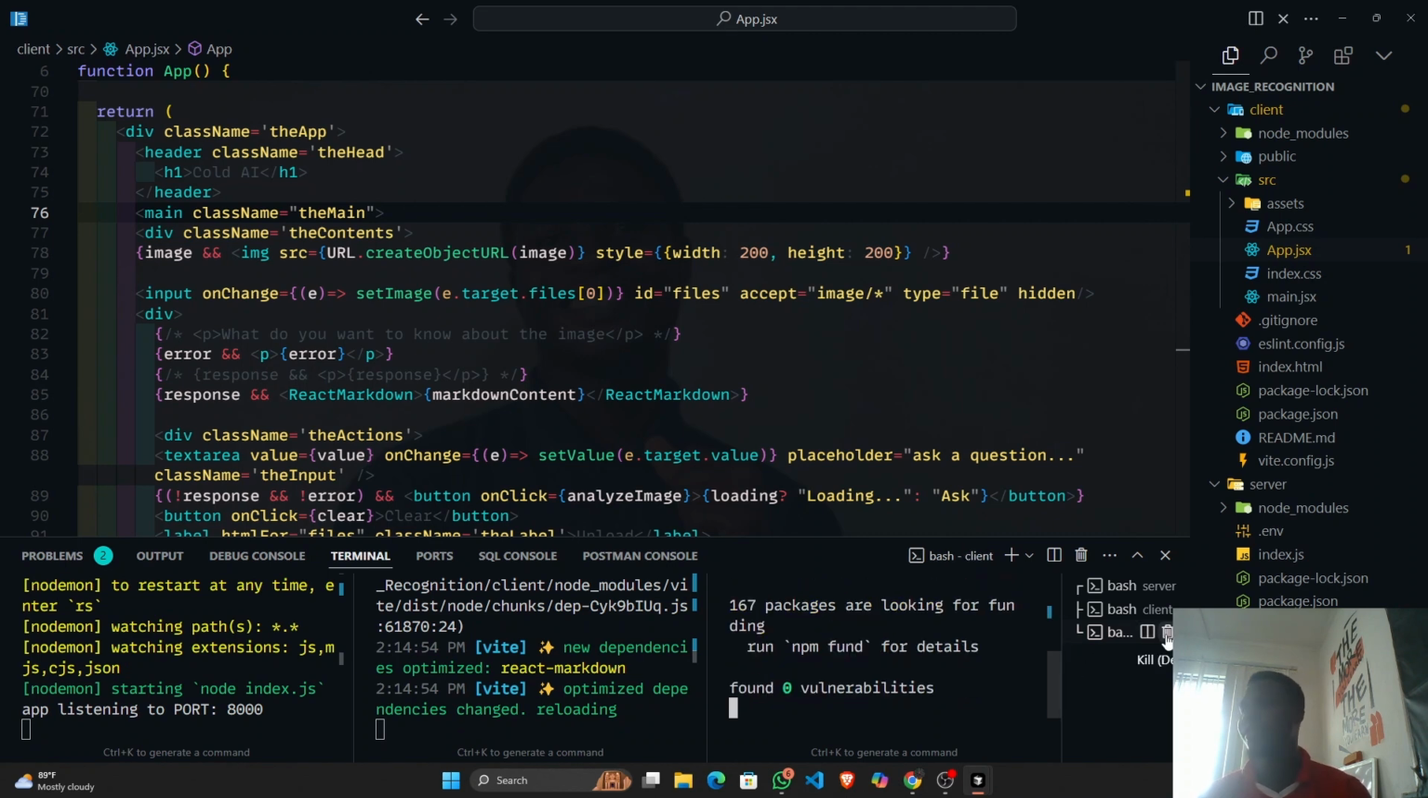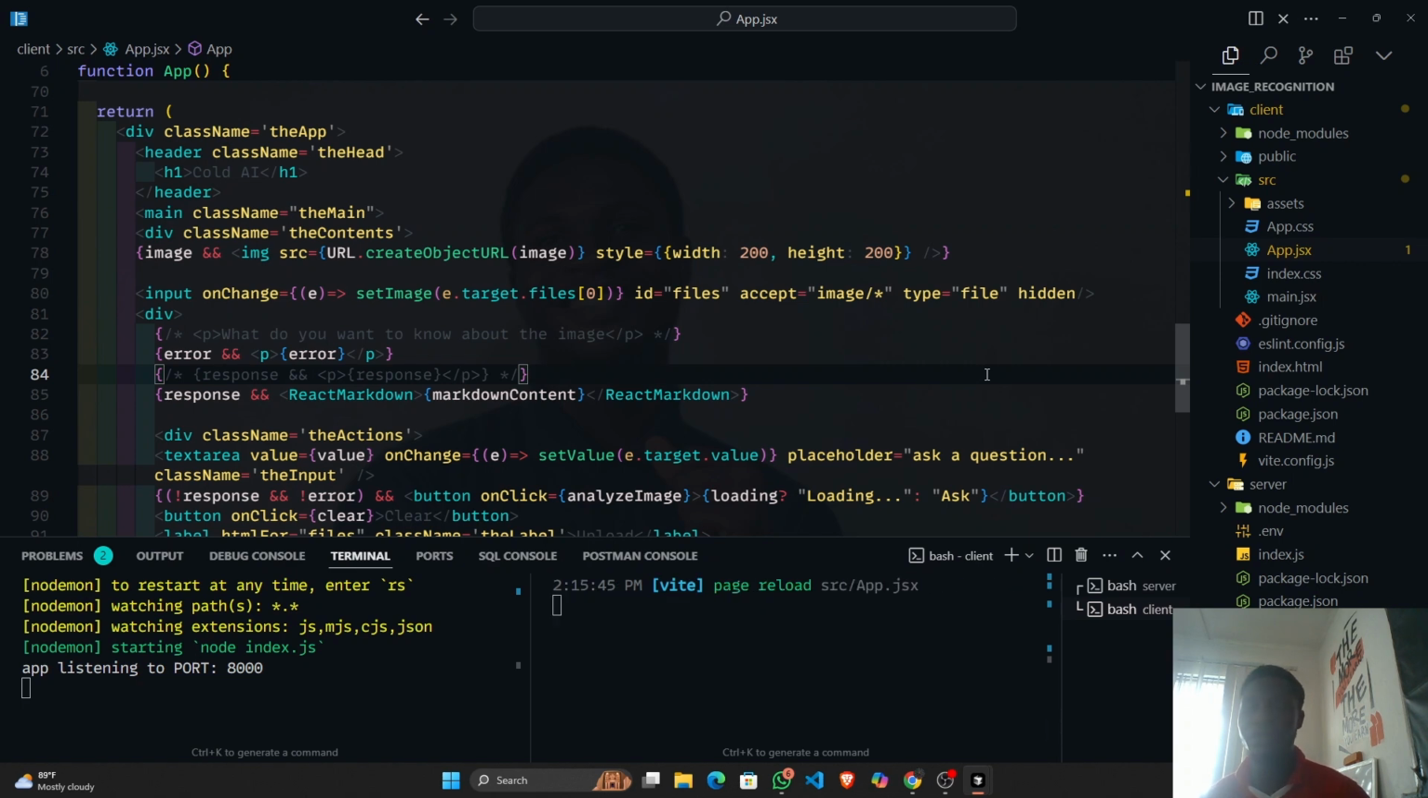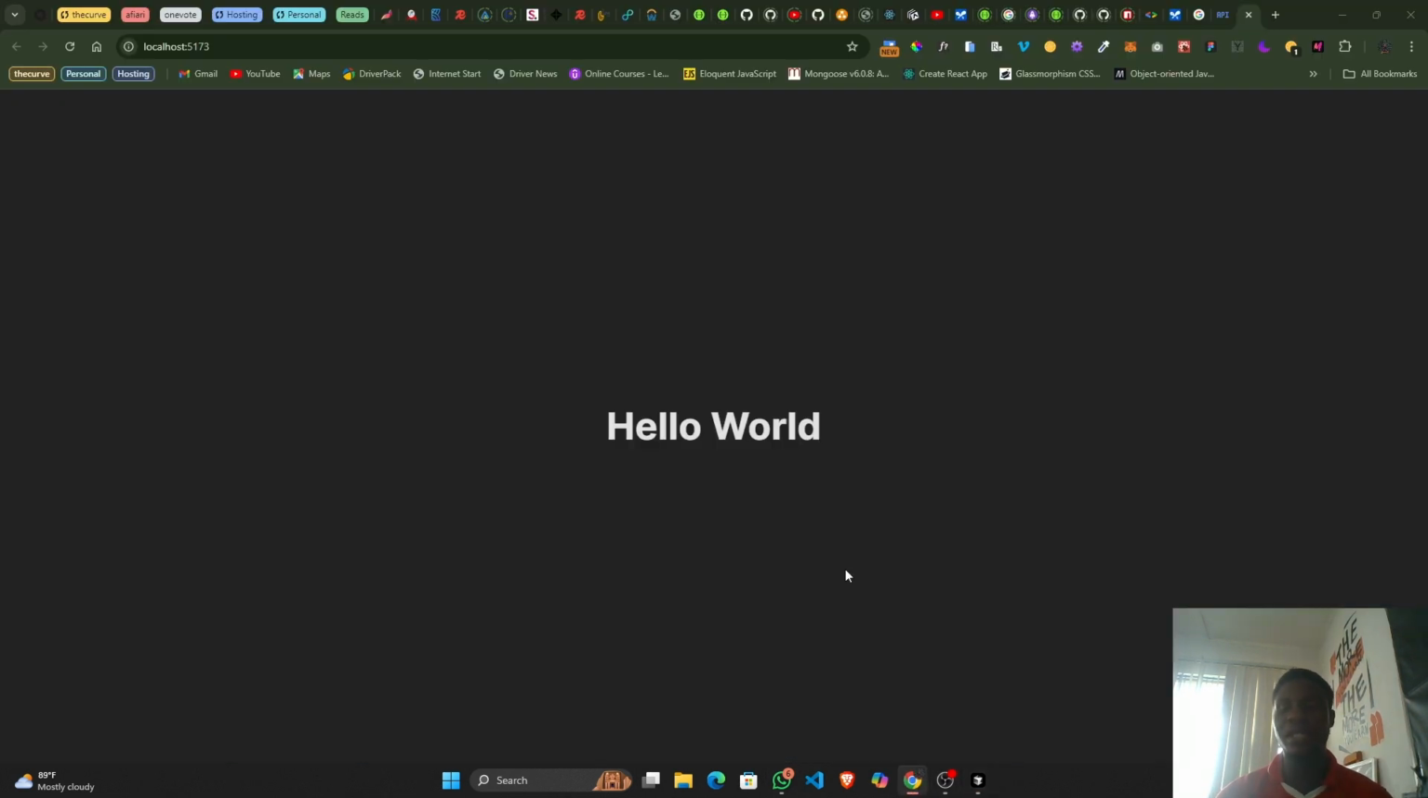Alright, so at this point we can save again and we are all good on this side. When you see your console in your React client side showing like this, then everything is good. And if your console is showing like this in your client side, everything is also good. So let's go and check out what we have in our application. If you refresh,